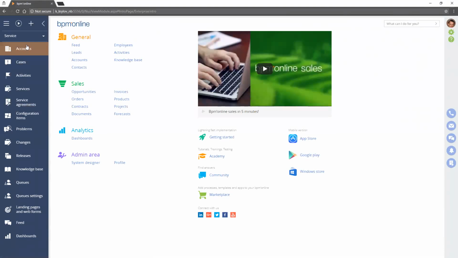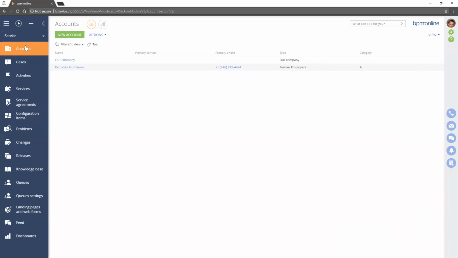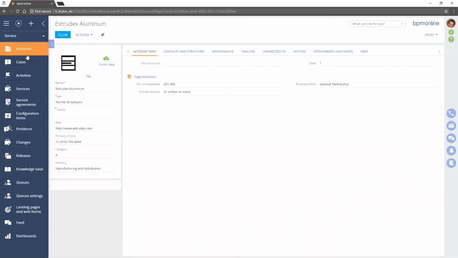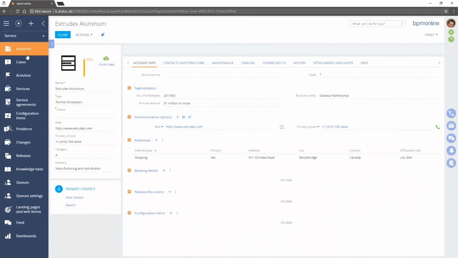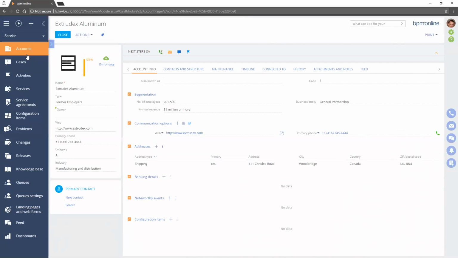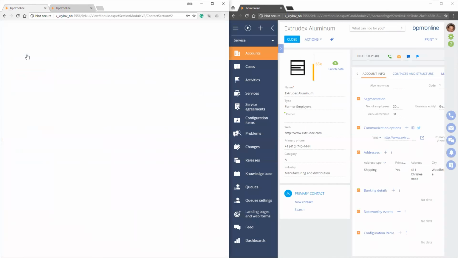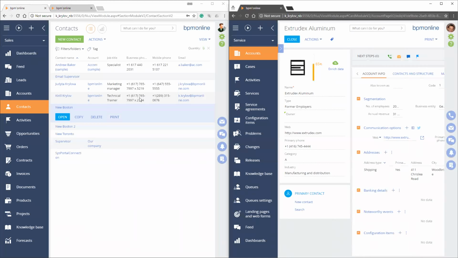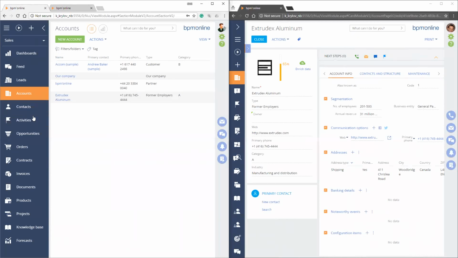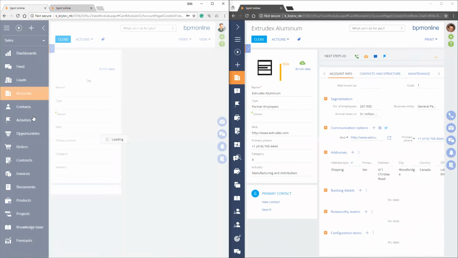But I know that I can get to my accounts by looking at the default contact of a specific person. So let's see how that works. I'm going to open one of the accounts. And it says Extrudex aluminum. So that's something that I've created. So let me show you what it looks like when the system administrator looks at it. When I look at the Extrudex aluminum as the sysadmin,